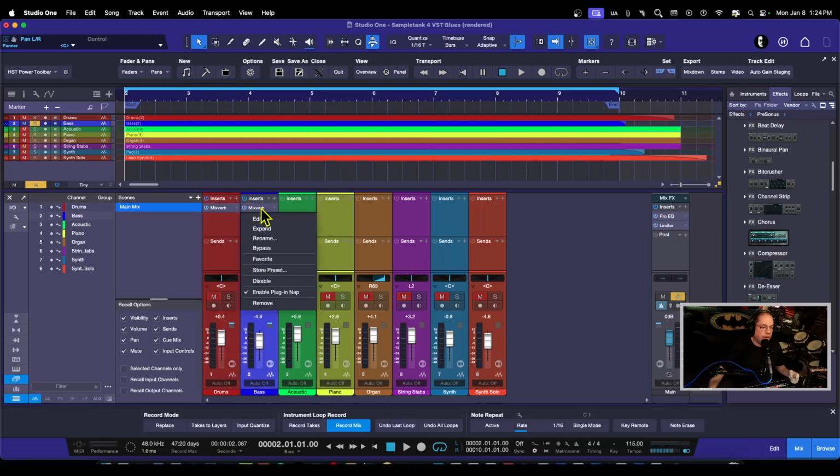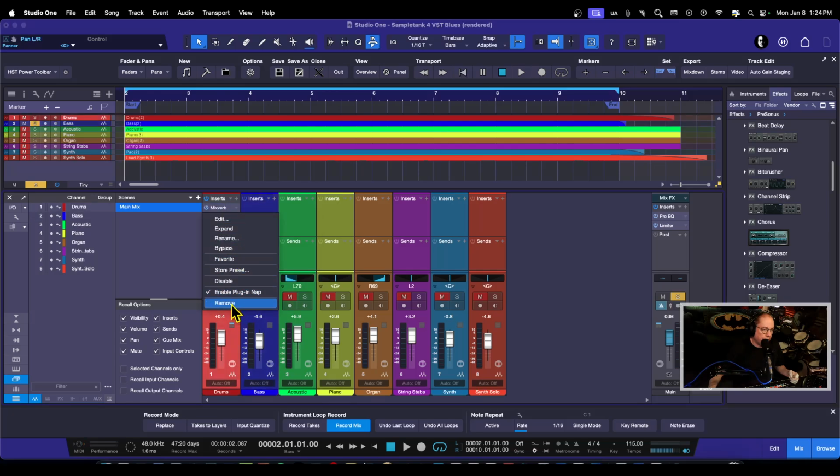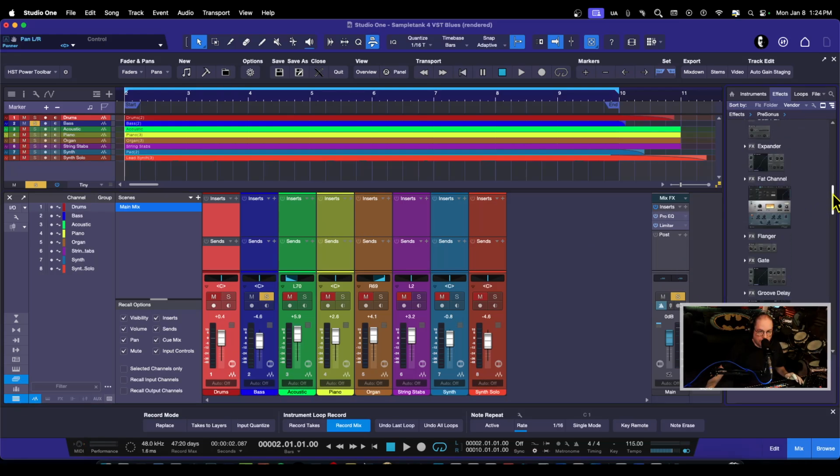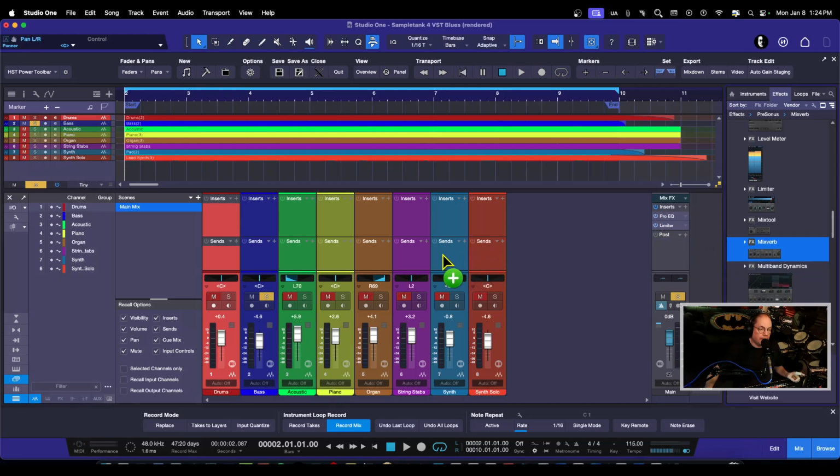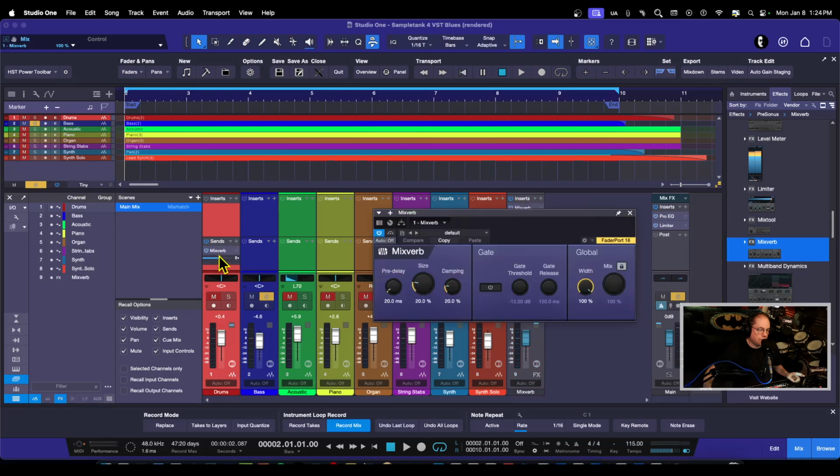All right, so let's go ahead and we're going to right click and we're going to remove. There we go. All right, so I can go here and let's see. Let me find the mix verb. There it is right here. I'm not going to really choose a preset. I'm just going to use the default one. So now if I take this mix verb and I drop this on the send for the drums,